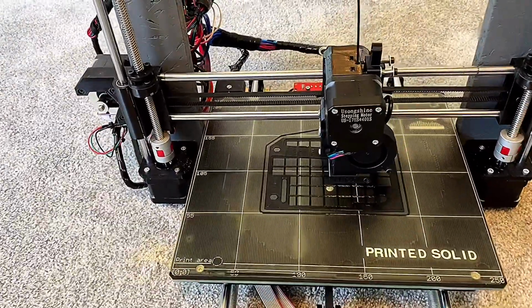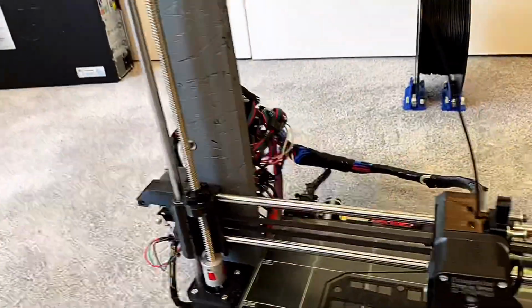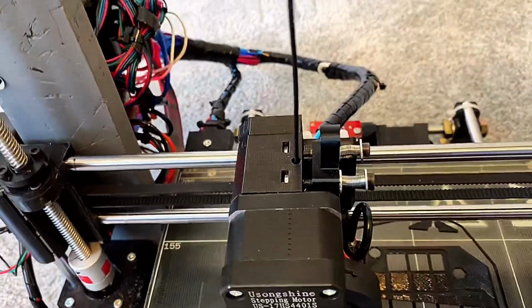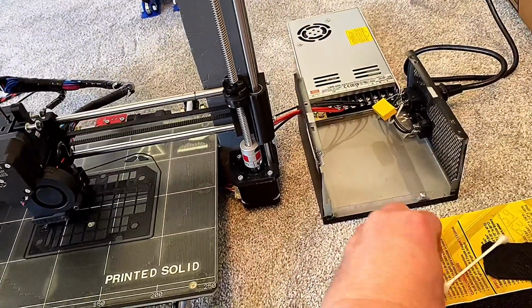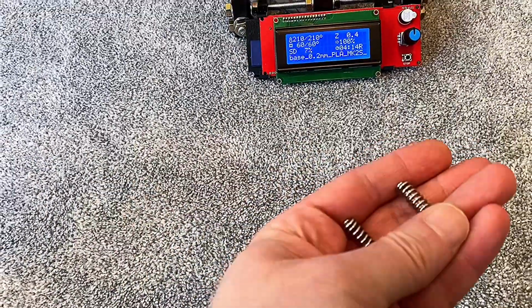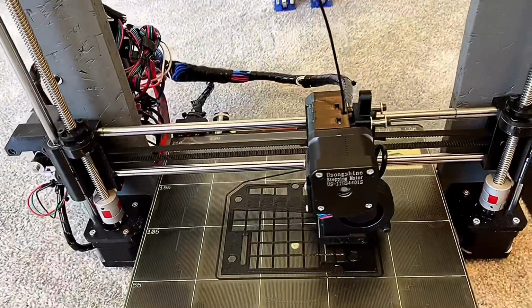The only remaining issue I've got right now, beyond having to print the power supply base and the actual computer board mount, which I'm printing right now, is if you look at the tensioner for the extruder, I started out with some screws. I don't know if I have any handy. Oh yes, I do. To show you, I got a pack of 10 off Amazon, and these seem to be what a lot of guys are using, but they're a little bit too long, and the wire of these springs is very thick, and the tension is so high such that if you use the actual screws that are called for